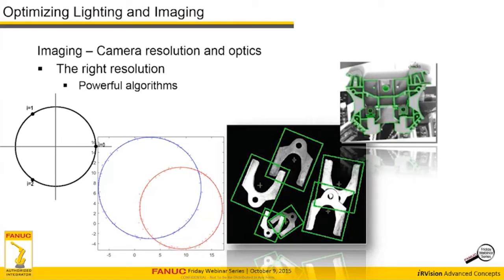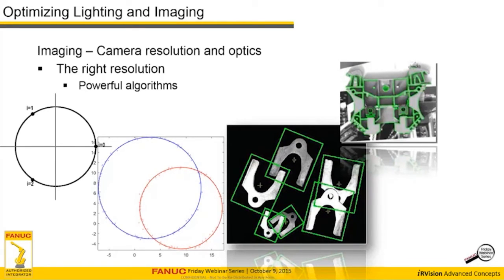If we look at that image in the middle there, I have some electrical spades that we've located with geometric pattern matching. And you can imagine, even though it doesn't show around the edges there, that the edges of those spades are all included in the location result. And what happens is that even if we miss a few of those edges, or even if a few of those edges are slightly out of place due to the resolution of the camera, the returned origin of those objects is going to be highly accurate and highly repeatable, because it's an overdetermined equation using perhaps hundreds, if not thousands,